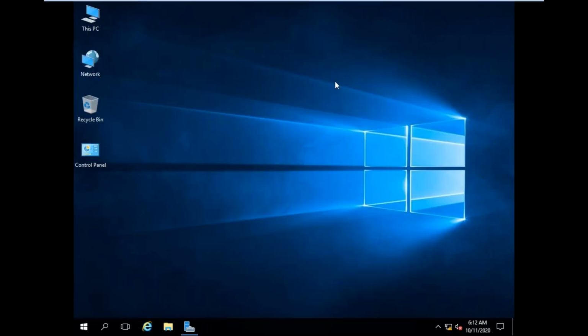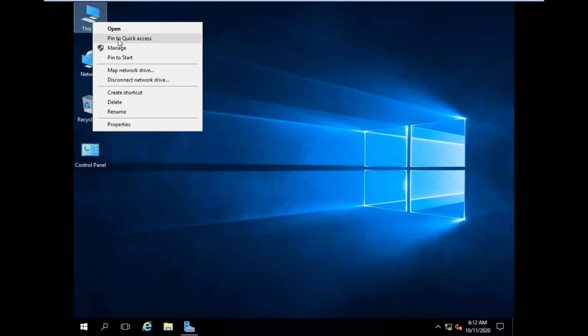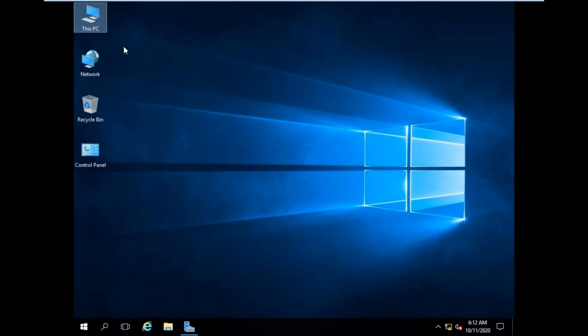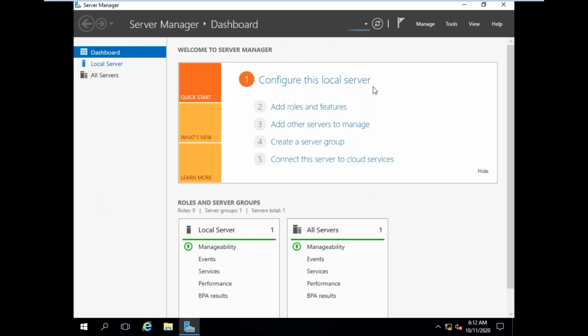I am minimizing this. Right click, click on manage. Click on tools.